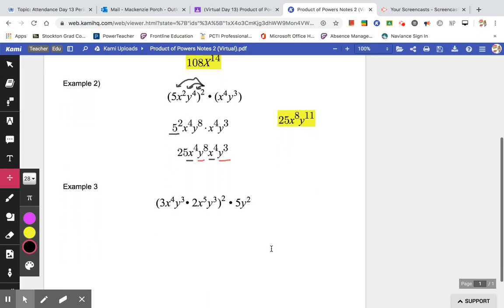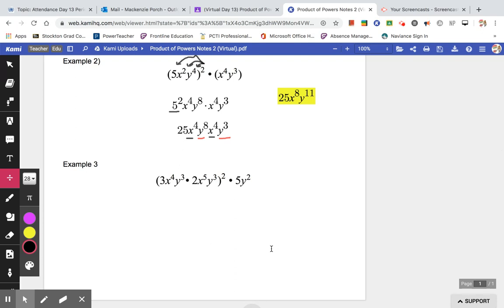So then our last example here is probably one of the most complicated ones that you'll see in this section. So it does take a little bit of time, but again, take your time, show your work with it. So if we look at it, without this 5y squared, this is actually like a problem that we did last week, where we simplified inside the parentheses and kept this 2 on the outside. So what that would look like is if I keep my parentheses with the squared on the outside, on the